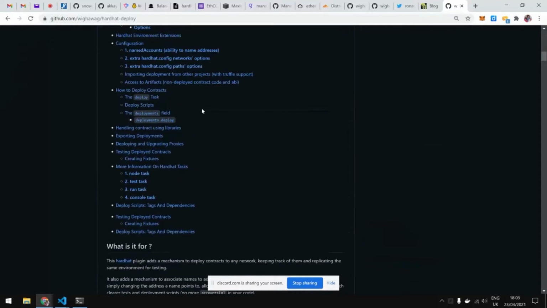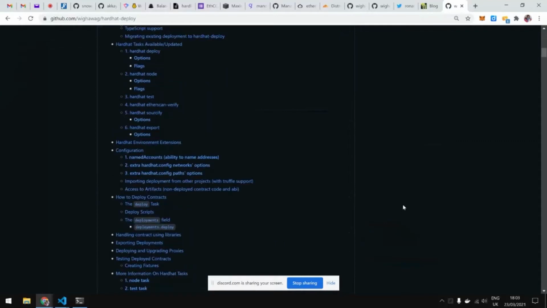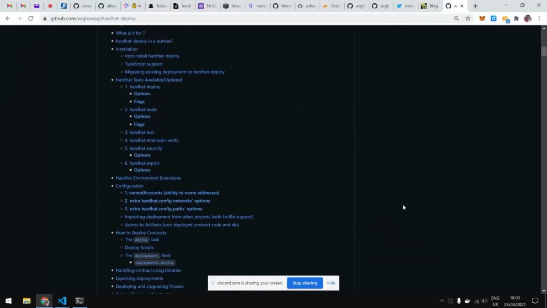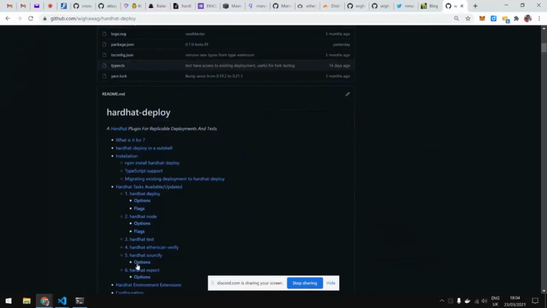And one of them is the ability to set up a deployment and to use them in tests, as well as when you deploy. So there's no difference between what you test and what you deploy. So it's great for tests, and it also means you don't need to duplicate your code.